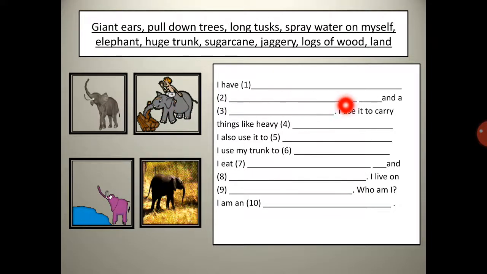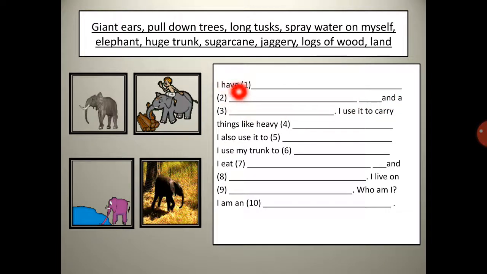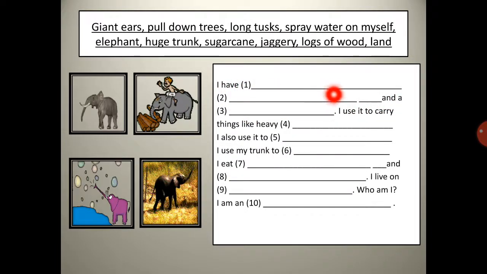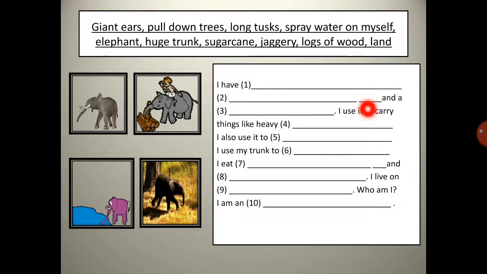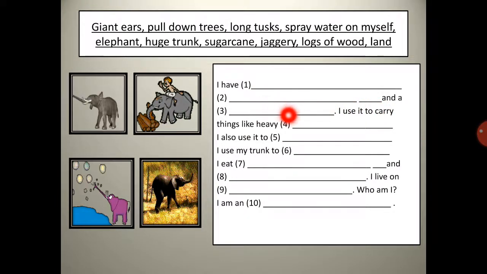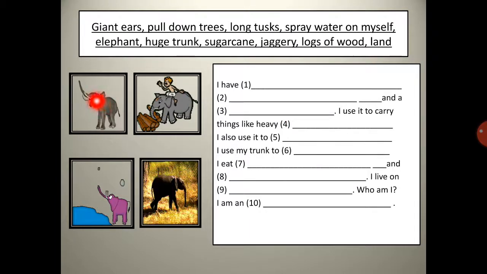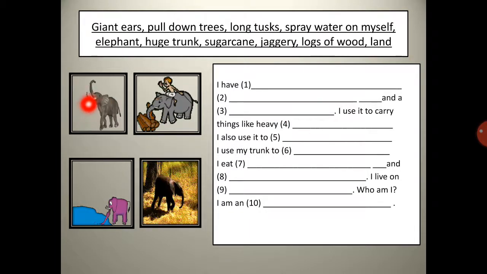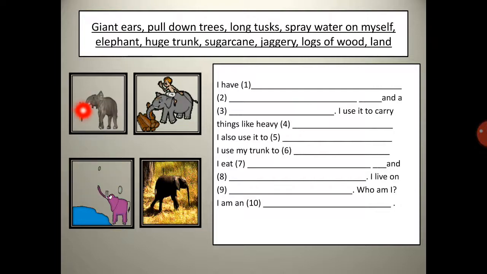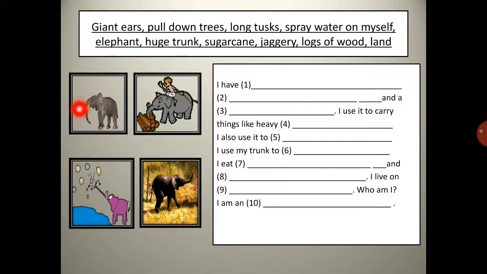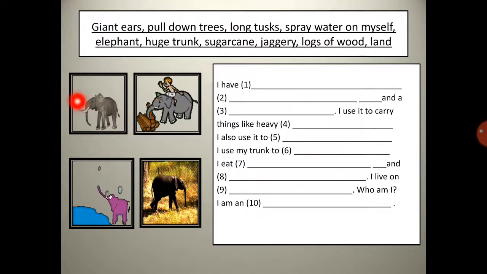Now, dash and a dash. I have giant ears, long tusks and a huge trunk. Now these are the ears. These are the tusks, white colored teeth you can see. These are the tusks and the trunk. The elephant has a long trunk.